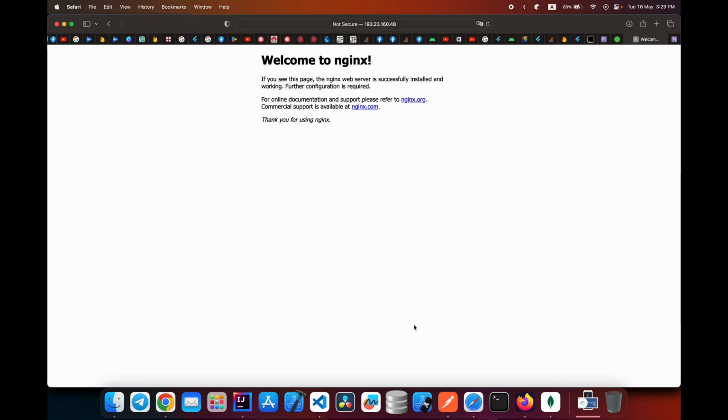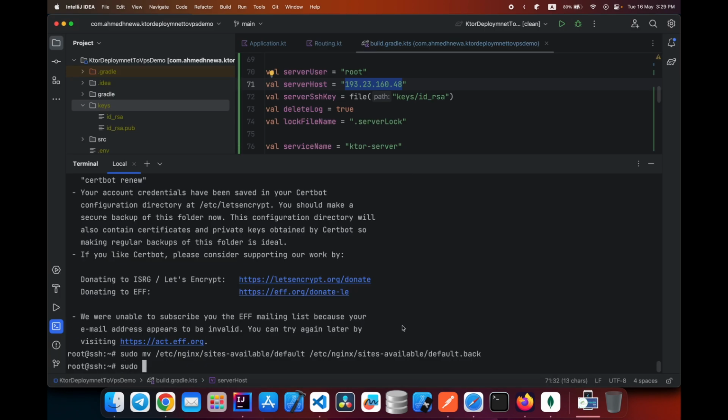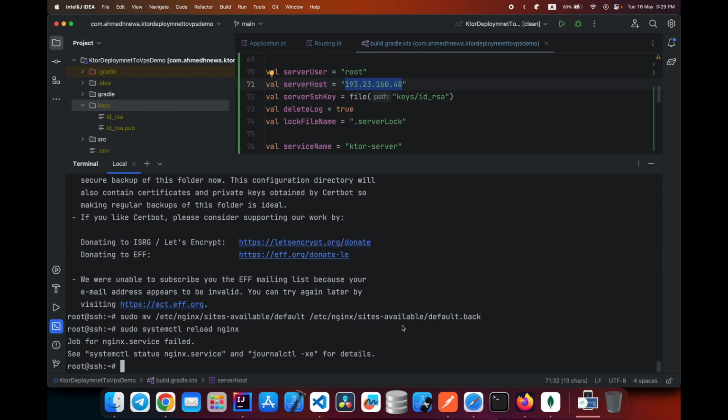Okay, so now it still works, but if we type sudo systemctl reload nginx, it gives me some kind of error